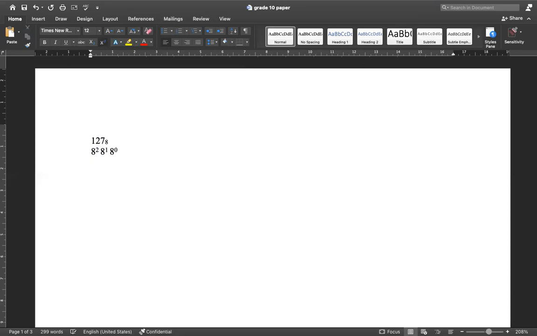So what are the values? 8 to the power 0 is? Yes, you have to tell the answers. Even though I'm discussing, you have to give your support. 8 to the power 0 is? Yes, Vanshika? 1. Okay. So 8 to the power 1 is 8 and 8 to the power 2 is 8 into